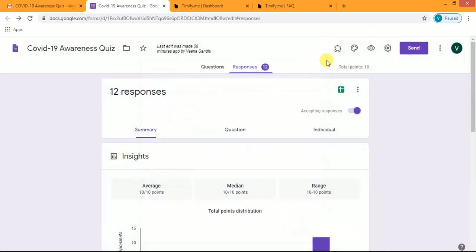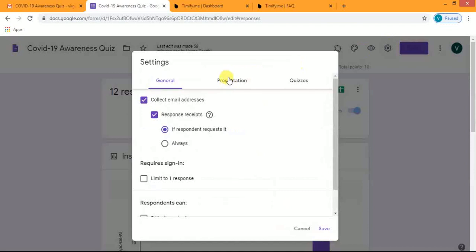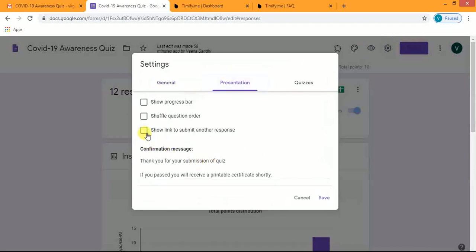Also, in Presentation, the option Show link to submit another response is disabled or turned off when you use Timify.me.